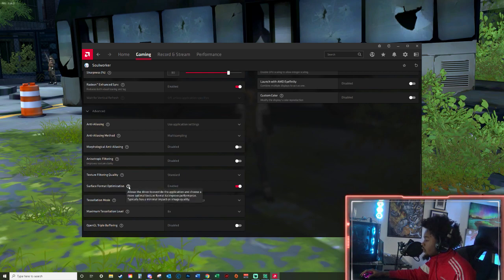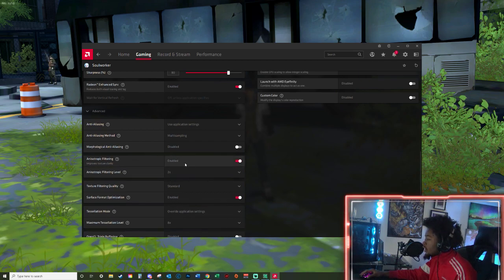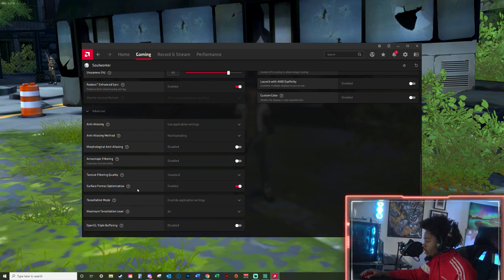Surface format optimization, you want that enabled because this allows the driver to override application and choose optimal texture formats to improve performance. That's literally what this is for. It's literally what it says here, right? So whereas we disabled the filtering for the games, we disabled anisotropic filtering level, right? But this is going to allow our graphics drivers to actually change the way the textures, like the grass, the buses, different objects in the game are going to be optimized via our graphics card. So we're not improving the quality, we are optimizing the quality of our textures,